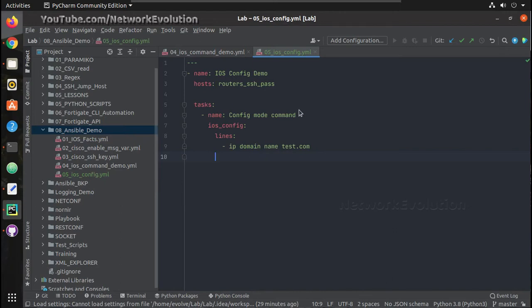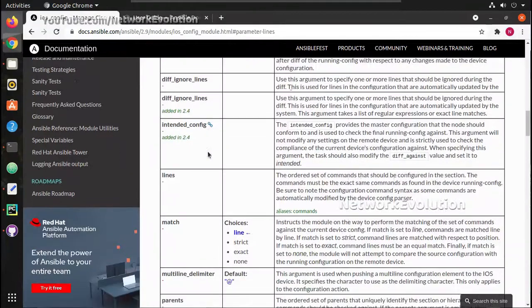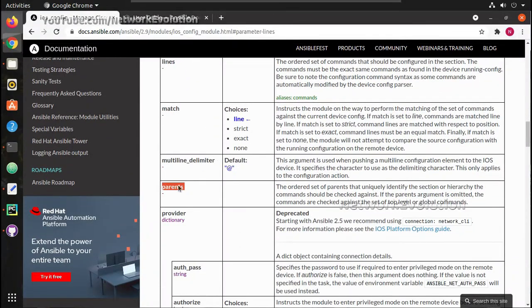Now we'll see how to use the parent and child option. For that I'll create another task. I'll call this configure interface with IP, and the module is going to be ios_config. Then here we need to give the option parents. You can see the parents option here.